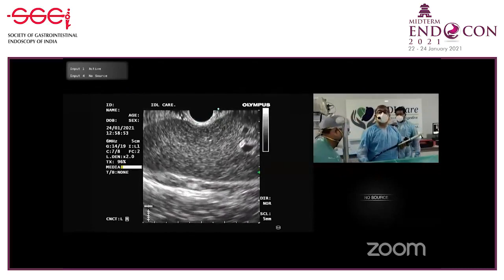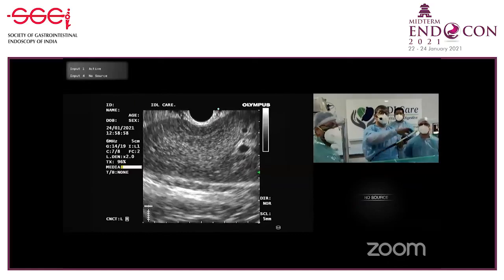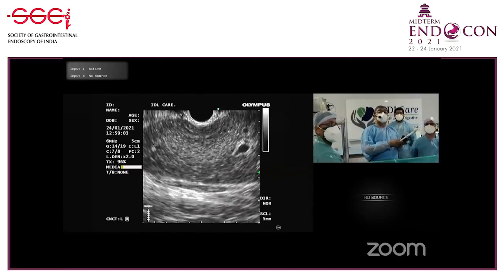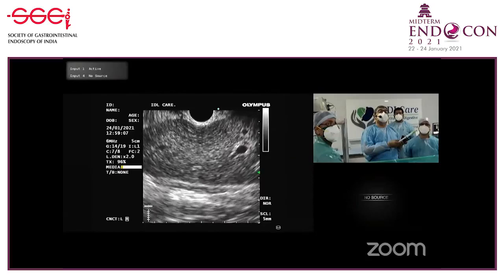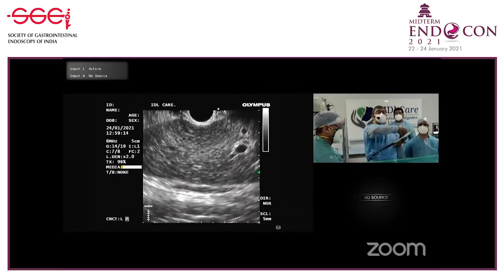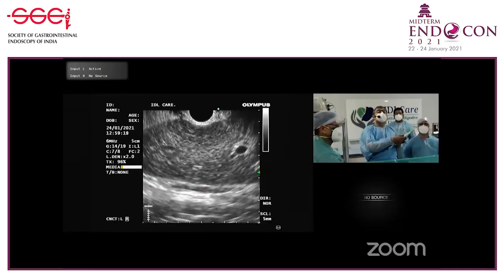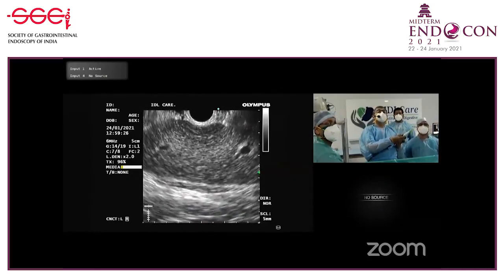Now you see the green mark. That green mark is where the needle will come out. You see the needle coming out now? See, it is moving there. See that? And then we release the lock. We take out the needle a little more. Can you see the needle near the green mark? It's moving like this. I am in.